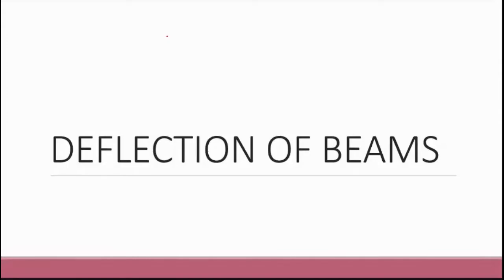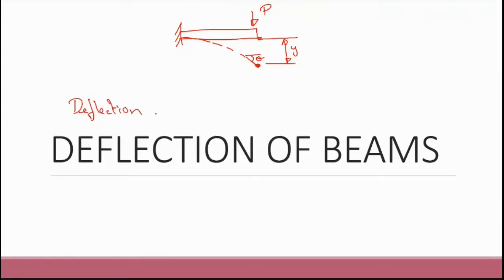So today we will discuss something about deflection of beams. You can identify deflection by these two methods. Whenever you apply a force on a particular beam, it will deflect like this. This point we call y, and this is deflected to a particular angle which is theta. Whenever I call it a deflection, this deflection always has two variables.